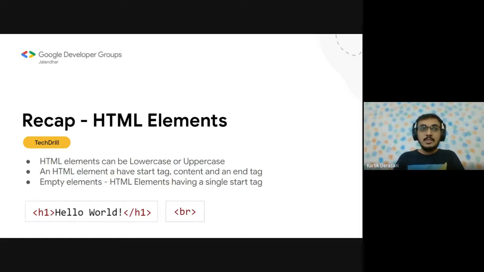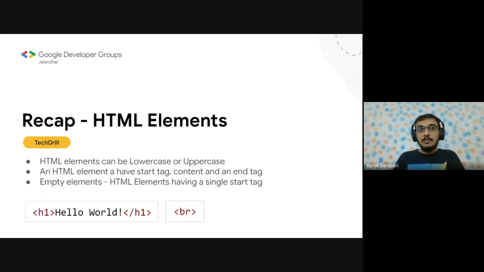For an example, if we see the h1 tag here, the first tag is h1, which is the start tag. We also have hello world exclamation mark, which is the content between both these tags. And at the end, we have an end tag, which contains the forward slash.